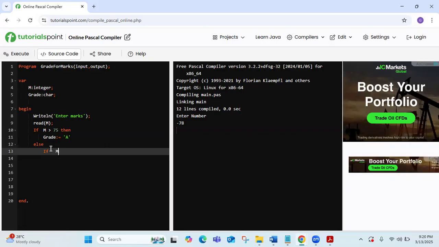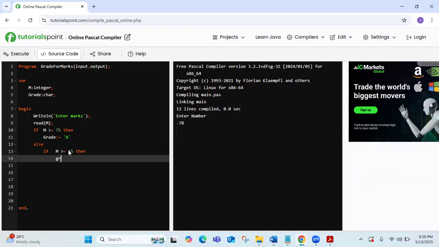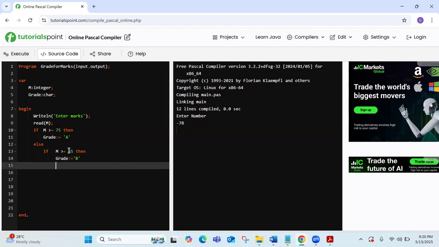If m greater than or equal to 65, then grade is equal to B. Else